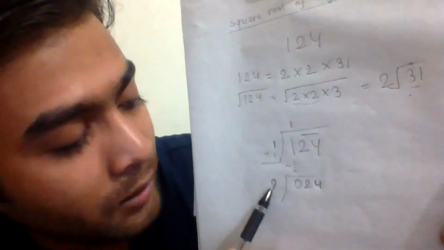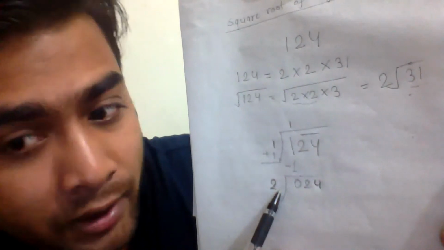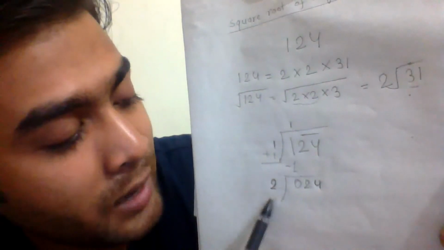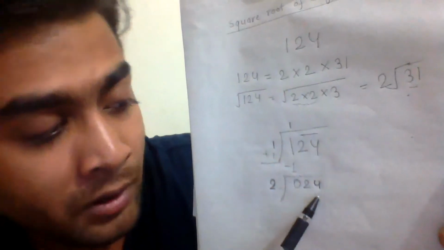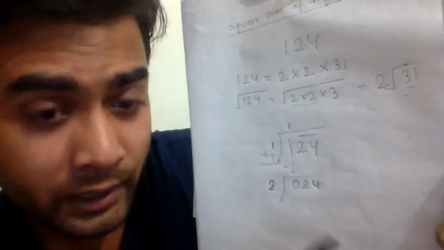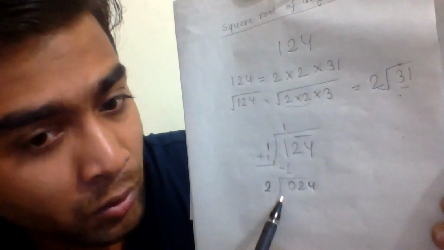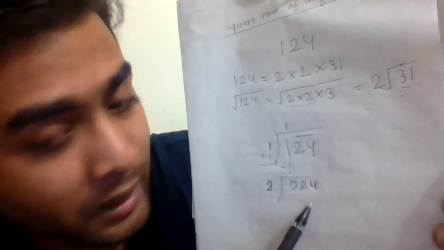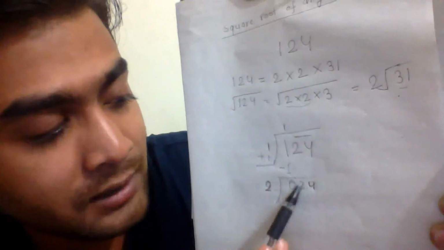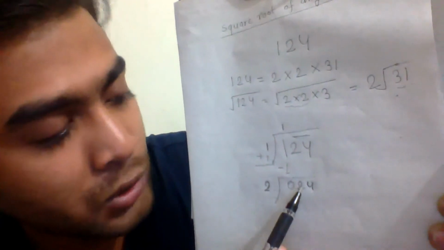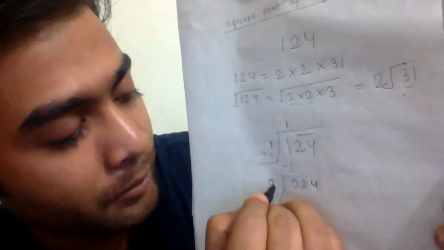Let's try with 1. If I write 1 over here, I'll get 21 multiplied by 1, that is equal to 21, which is actually not equal to 24. I can try for 2. I'll write 2 over here, the whole term will be multiplied by 2. The term that I'll write here will be 44, which is larger than 24. So I'll not write 2, I'll write 1 over here.